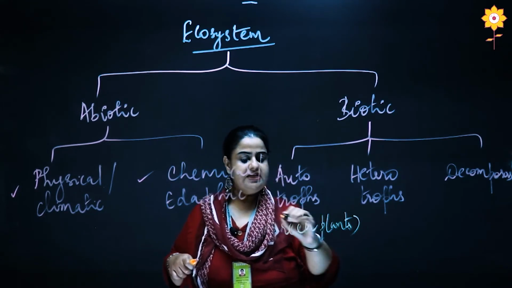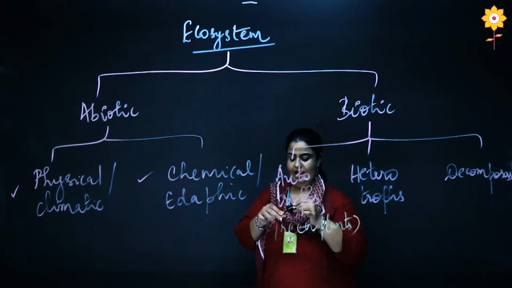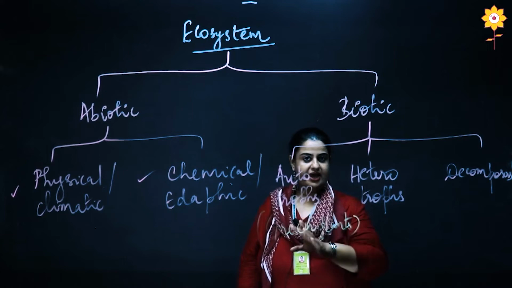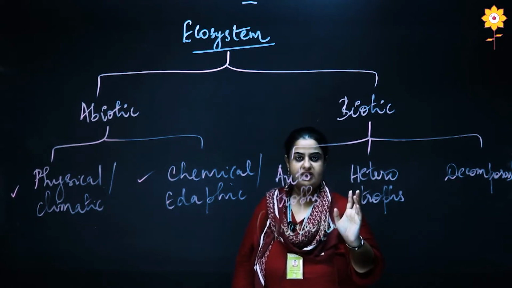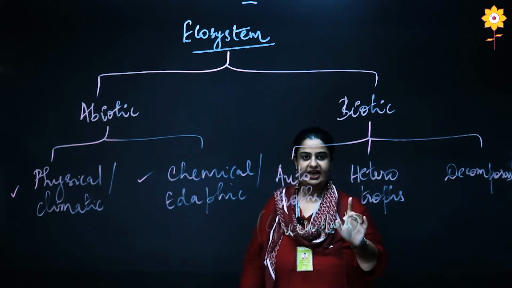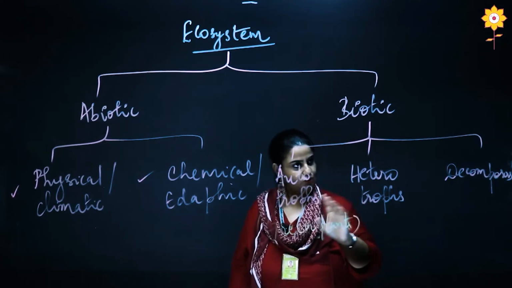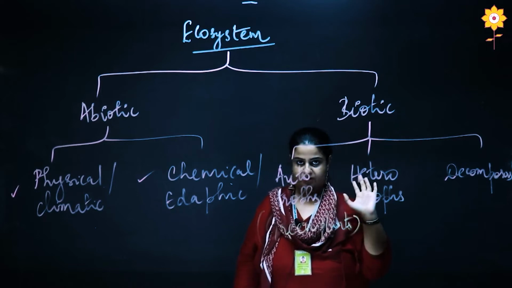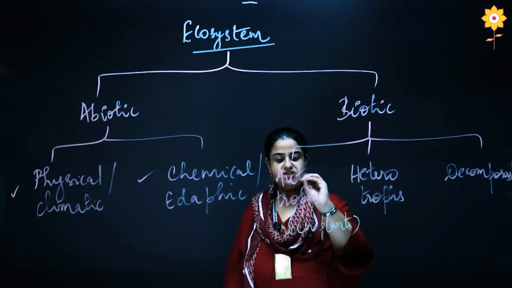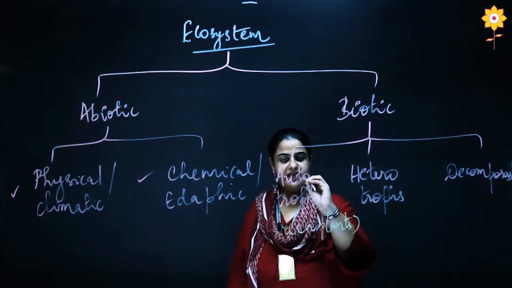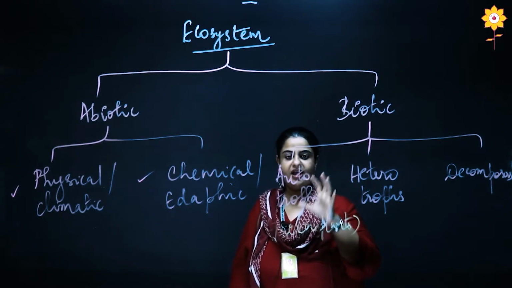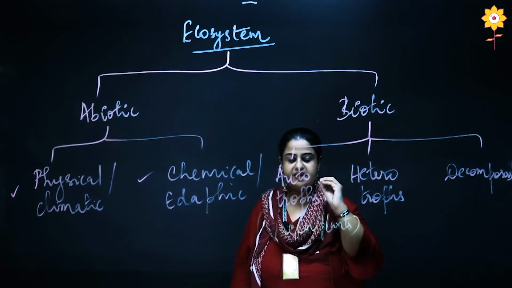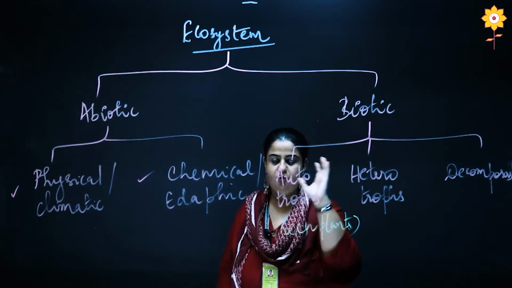Green plants can prepare their own food by the process called photosynthesis, where carbon dioxide and water react in presence of sunlight to form sugar, glucose, fructose, or any forms of sugar, and oxygen as a byproduct. Okay, so the process of photosynthesis done by green plants helps in production of food, and since these organisms are able to prepare their own food, they are called the autotrophs.